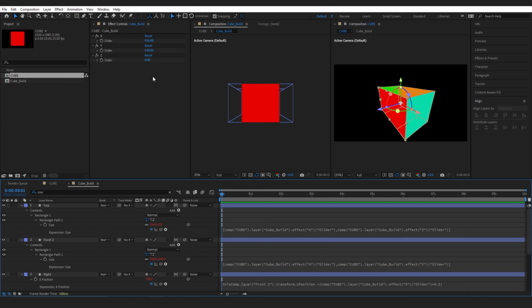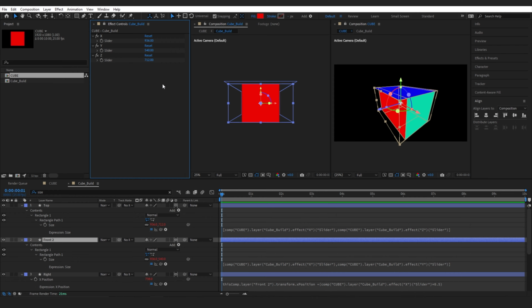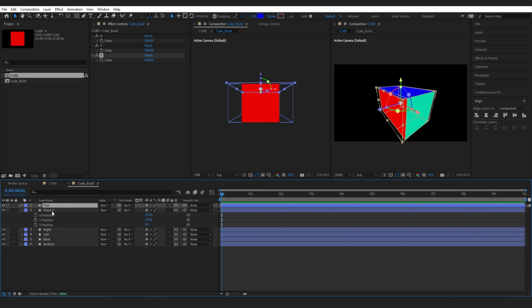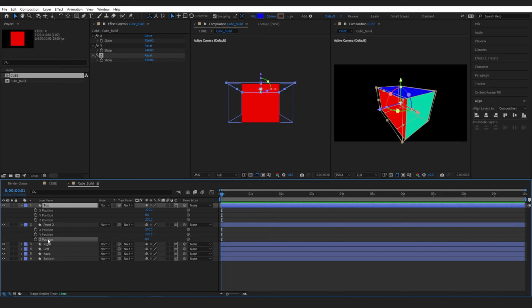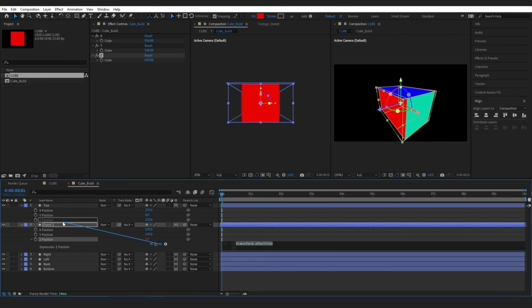So obviously we have 0 value on the Z slider, so let's bring that up. And you can see that's working. Next we need the front and back to link up to the Z axis, so it moves along with the slider. So we'll come into their position, so front position. And we'll bring up the top position too. And in the Z position for the front, we're going to alt-click that, we're going to link it up to the Z position for the top layer, and then we'll add, in brackets, a link to the Z slider,